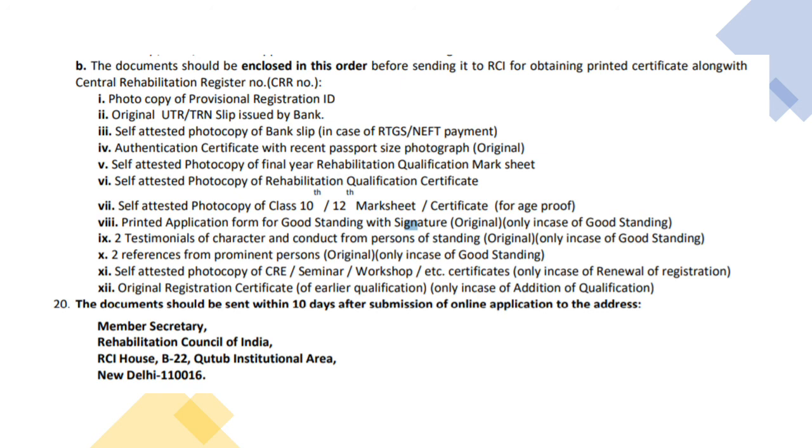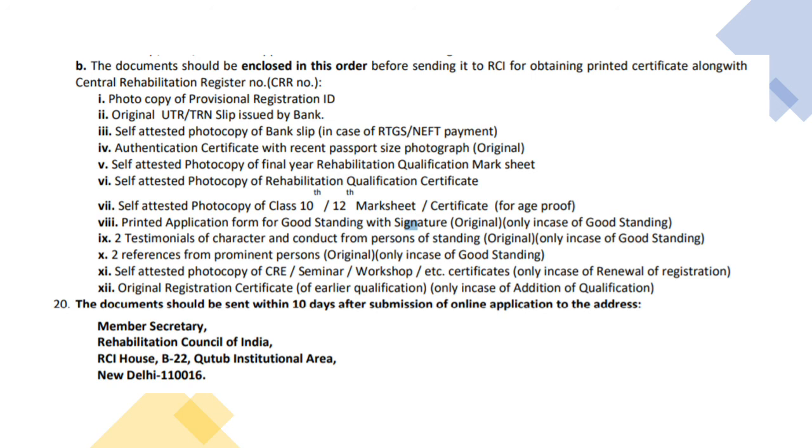The first one will be your provisional registration certificate which you just received. Take a print. And next one is your payment slip. Actually, this is an old one, as I told you earlier, and you don't have any NEFT slips applicable now because you're making a payment from the page itself. So that detail is available in your provisional registration certificate itself.